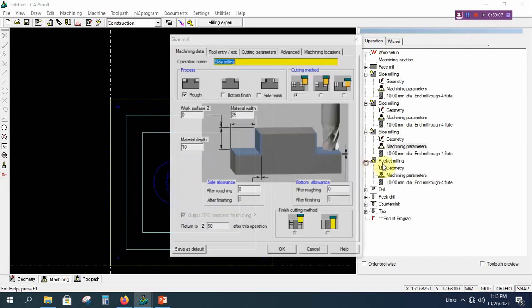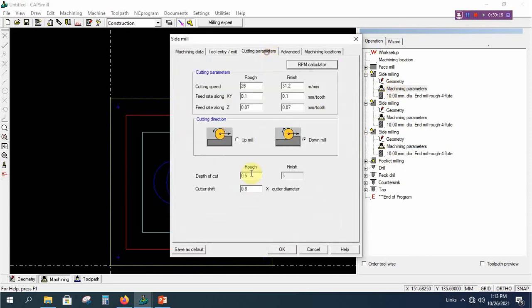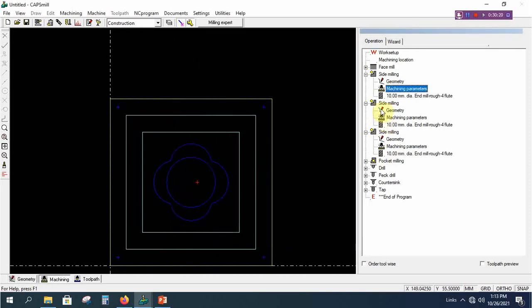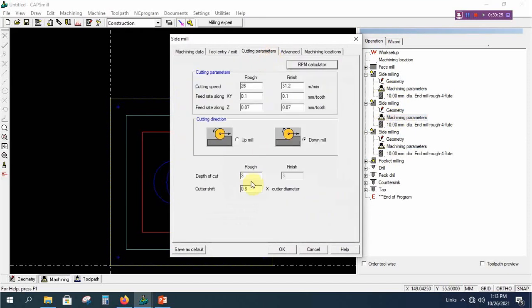For third side milling, this is 3, this is for first side mill. Second side mill we can give 2.